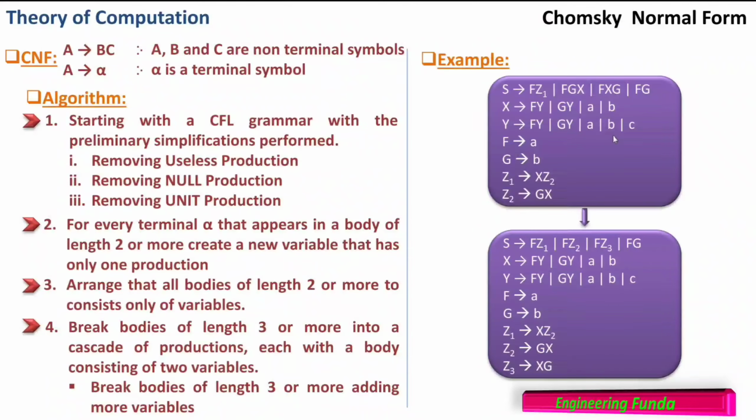All the other productions are in CNF, so we don't have to look at them, because the final grammar that we have obtained here is in Chomsky normal form. I hope this example makes the algorithm very clear to you, my dear friends. In the video, we have seen the Chomsky normal form, the definition of it, and we have understood it with an example. Now, Chomsky normal form is very important for implementation purposes, my dear friends. There are a lot of uses that we will cover in later videos.